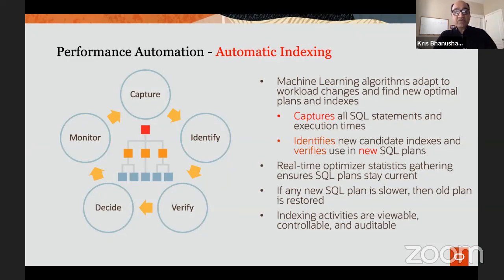And I'm sure many of you must have heard about it. Automatic indexing is important because indexing activity is one of the most, I would say, time-consuming performance management activities for a database, right? So for an OLTP application, what do you do when something slows? You first run the explain plan and look at it and find out that you could probably add an index, right, to speed up certain aspects of a query, and you go ahead and create that index manually.